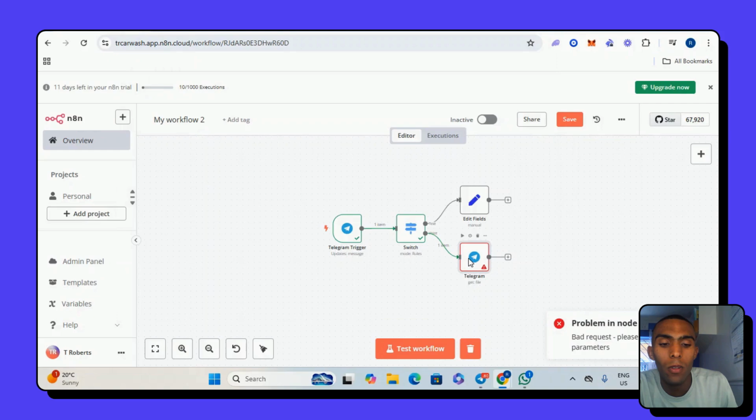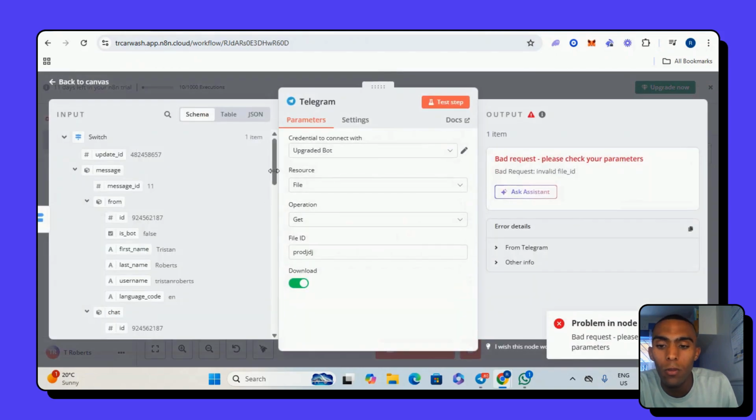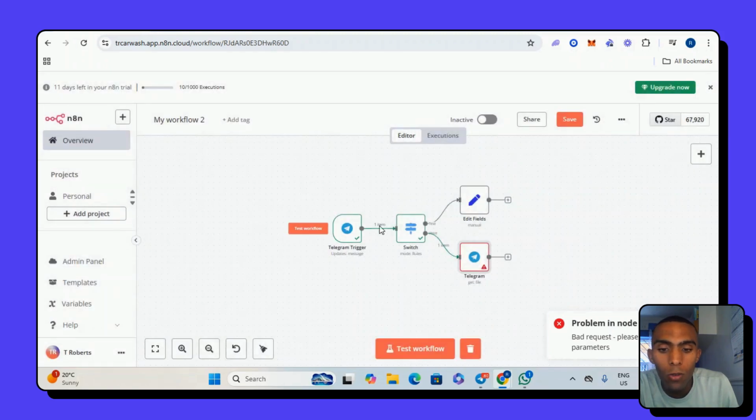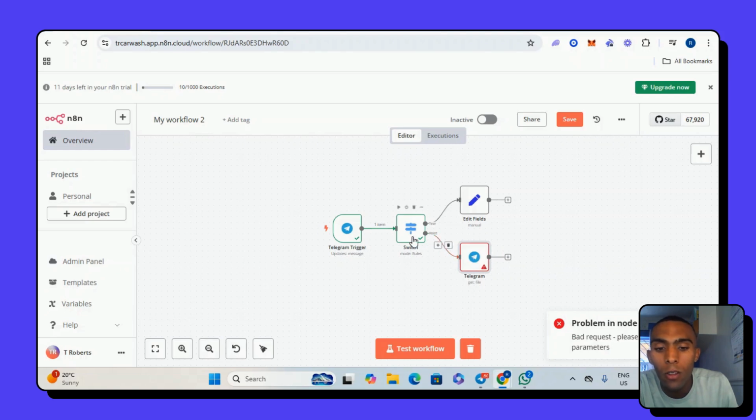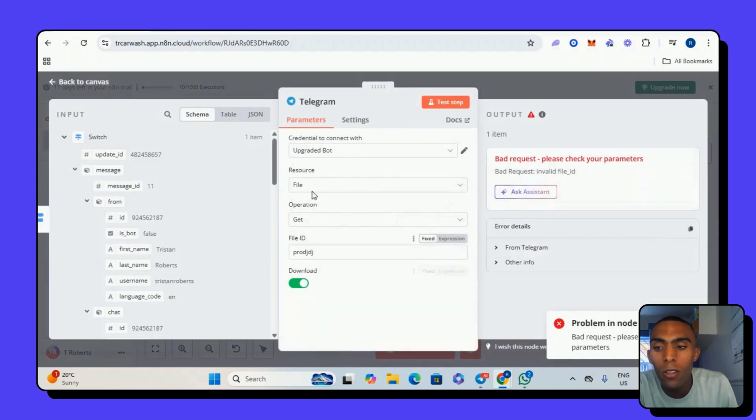Okay. Here we go. Should work. There we go. So now we got data from the voice side. As you can see, it went through the messenger switch that separated the text, and it went straight. Can you see the green? It's following. It went straight into the Telegram get a file through the switch. So it separated the text and the voice, and then now we got an input